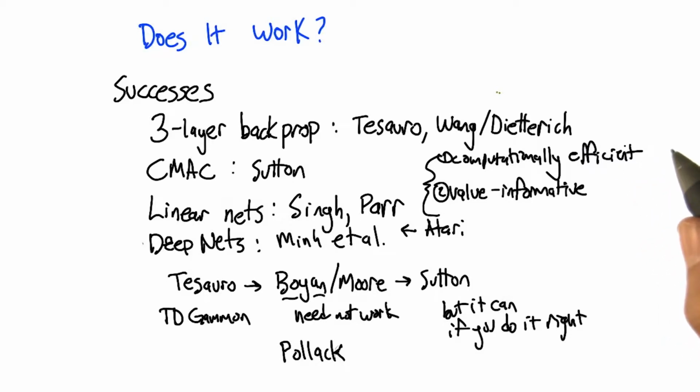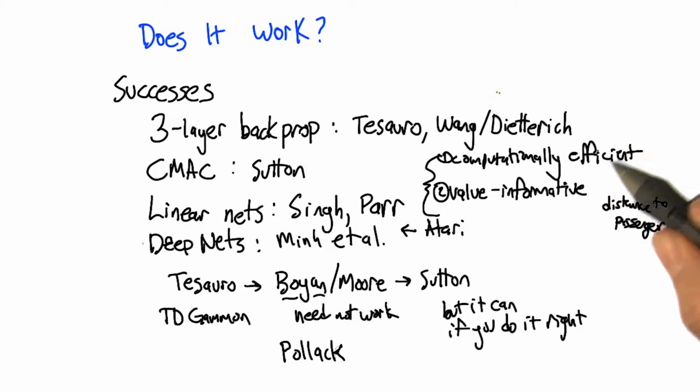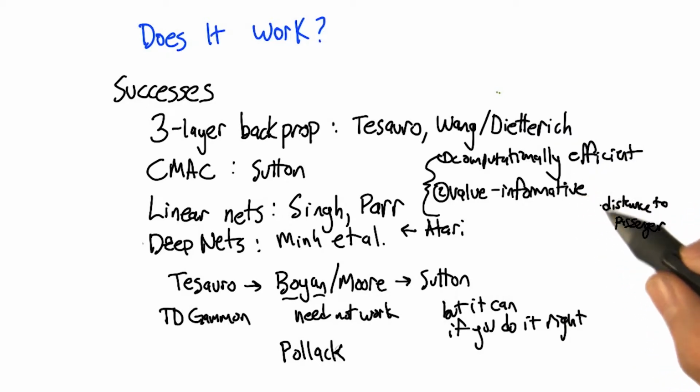Right. So going back to our taxi example, if it turns out that knowing how far away the taxi is from some place, or how far away a passenger is from some place, and you can compute that pretty easily, then you should do it because it's helpful. And your learning algorithm doesn't have to figure it out. Yeah, so distance to passenger could be something that's both computationally efficient because you can just pull it right out of the state representation, and probably value informative because it's very relevant to know, are we close to being able to pick up the passenger, or is the passenger quite distant and difficult to reach? So I think that's probably the kind of thing we would want. We probably should try that before we tell people that we think that's a great idea. But in general, these are the kind of properties that you're trying to balance.